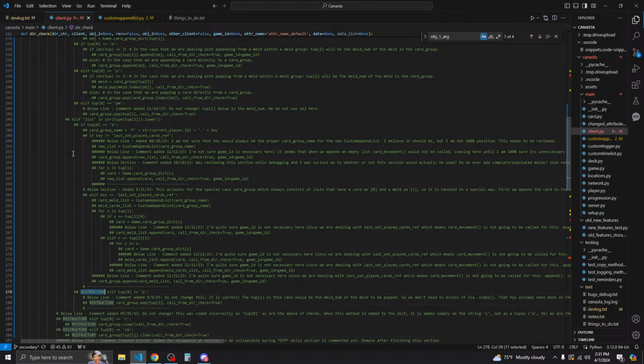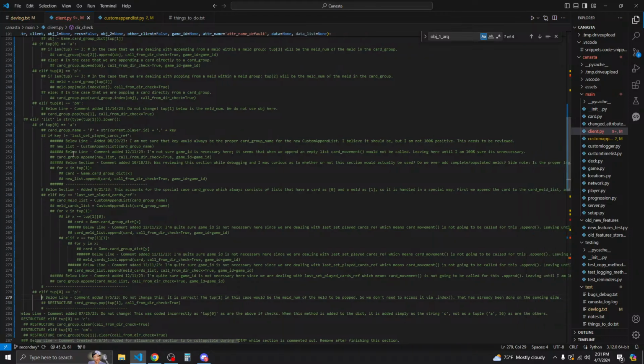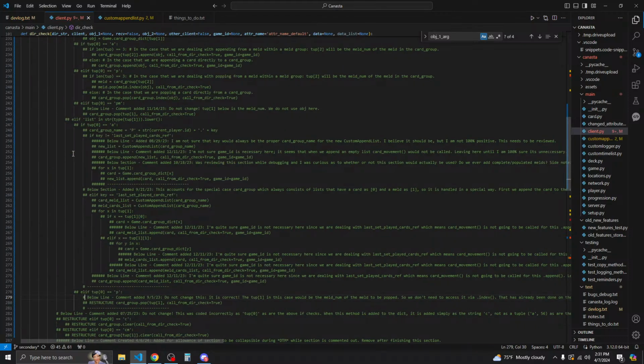And then if tuple 0 is equal to P, do not change this. It is correct. Tuple 1 in this case would be the meld num of the meld to be popped. So we don't need to access it via index. That has already been done on the sending side. Okay, restructure card group pop tuple 1. Okay, so tuple 1 is the meld num.